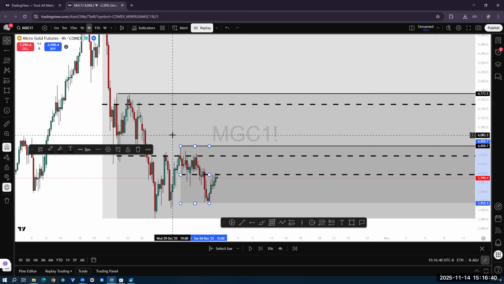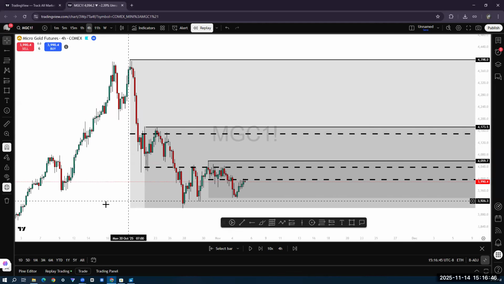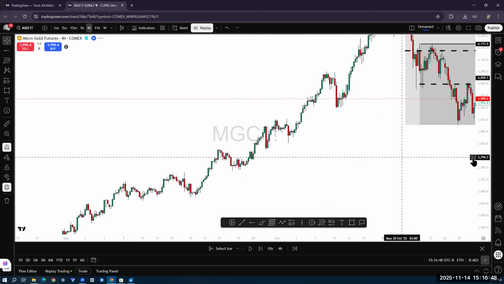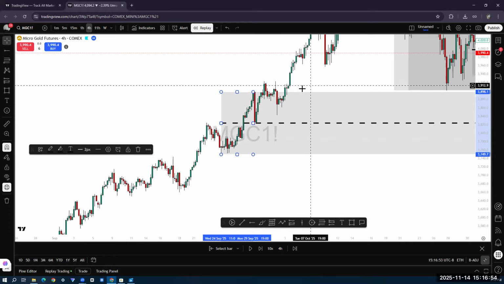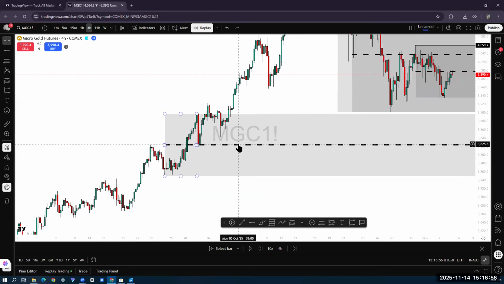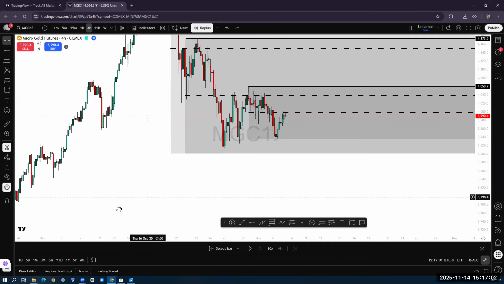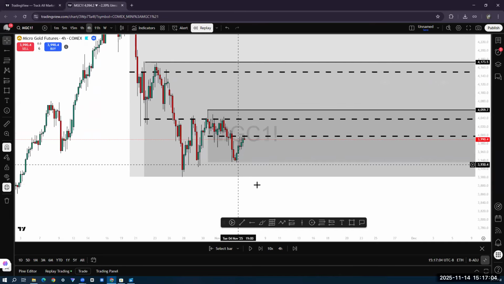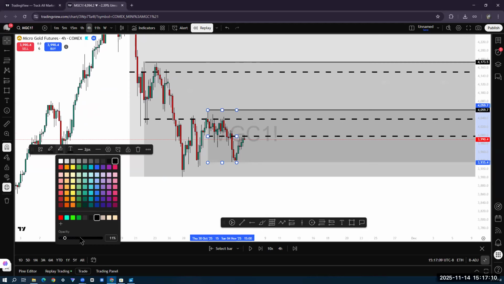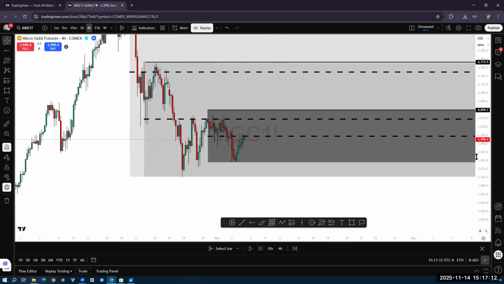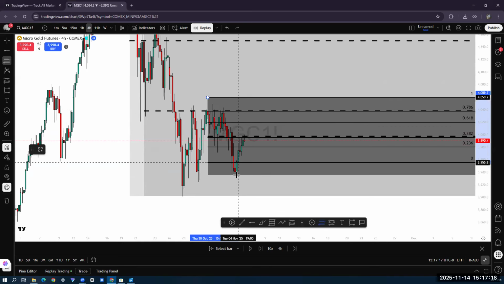Why am I only starting it from top to bottom? It's because we're bearish. If price was bullish, I would have to do each perspective from bottom to top, and price breaks out and I find a range inside of a range inside of a range. But since price is bearish, we have to do it from top to bottom each and every time. Let me make this darker so that we can identify it. So this is our most internal range, and this is how we will look at the fibs. You will draw your fib from the highest point down to the lowest point.